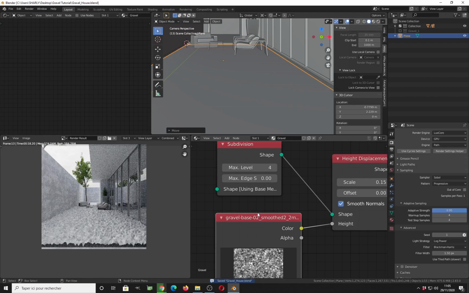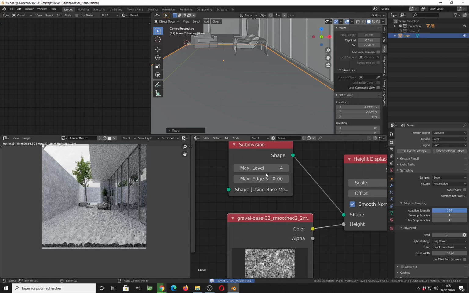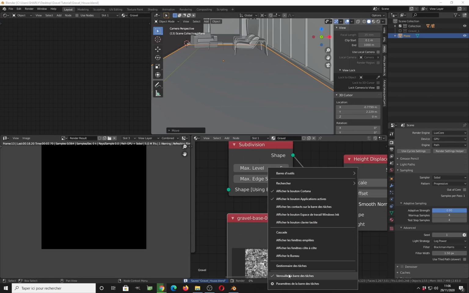And I also need to reduce the scale here. I think it is a bit stronger, and I want to add a bit more data here. I can go with 6, I don't know, let's go with 5, step by step, so we don't break